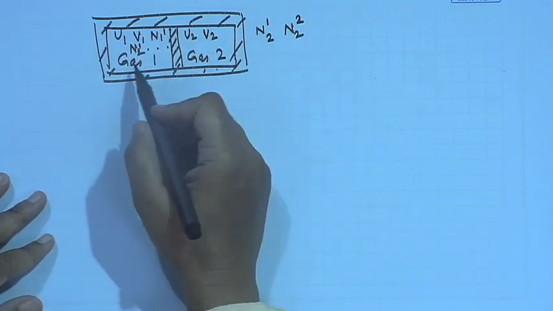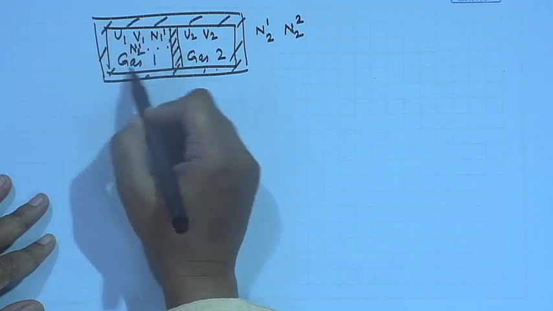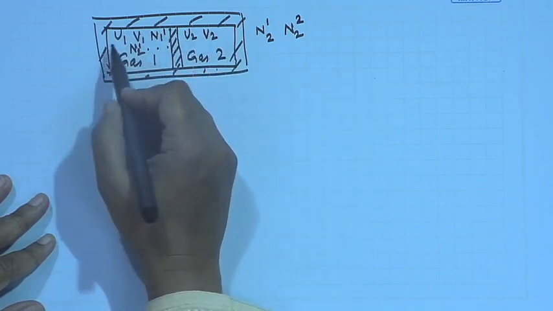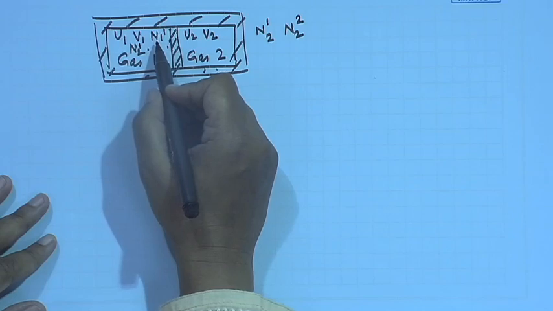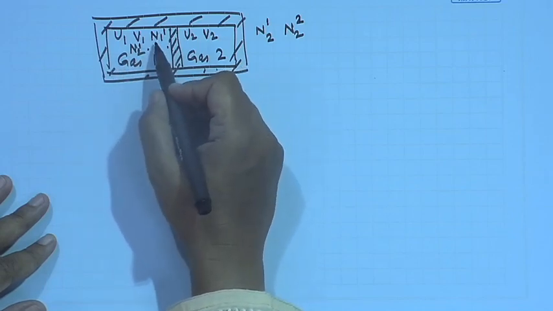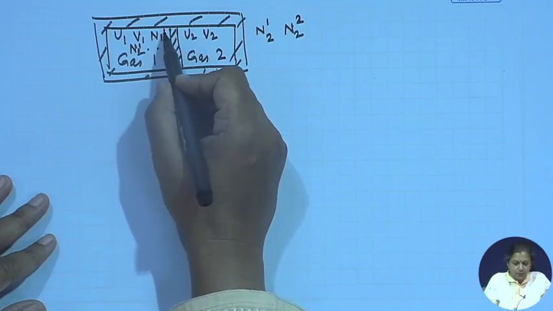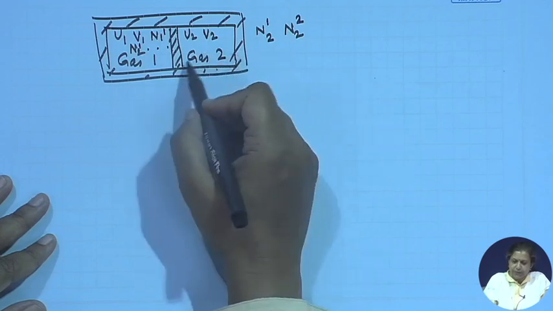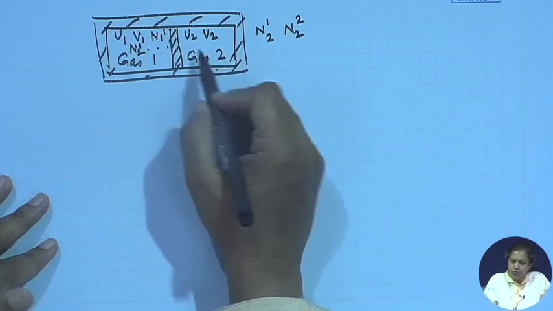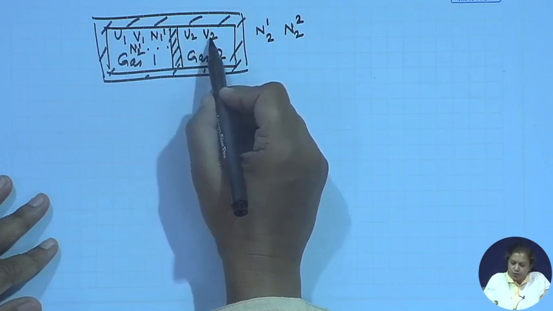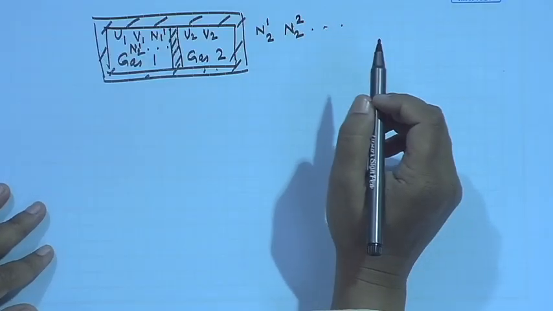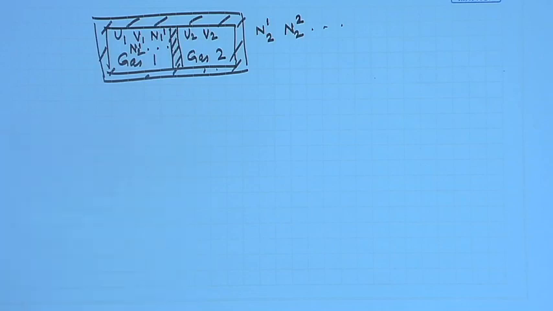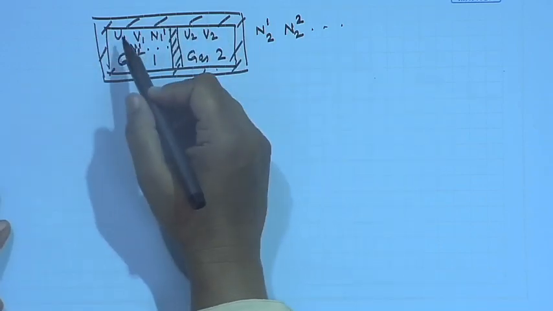So for both these compartments, there is a gas 1 here and a gas 2 here. Gas 1 possesses a total internal energy of U1 and a total volume of V1, and it has a number of components 1, 2, 3, with mole numbers N1 of component 1, N2 of component 2, etc. In compartment 2, we have gas 2 whose total internal energy is U2 and total volume is V2, with mole numbers of the different components as N21, N22 and so on. This whole thing is contained in a rigid,